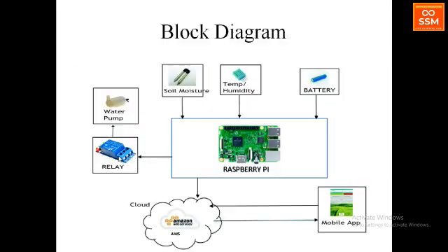Next comes an example of smart irrigation. Here I have a Raspberry Pi board. For smart agriculture, I measure the moisture level using a soil moisture sensor, and for measuring temperature and humidity or water level I use two more sensors. Every sensor node needs to be backed up with a battery. Based on the measured value, a relay switch turns a water pump on or off, and the same data can be shared to a cloud and viewed in a mobile app.